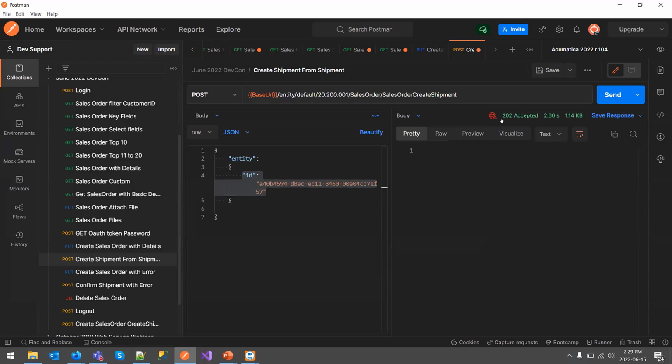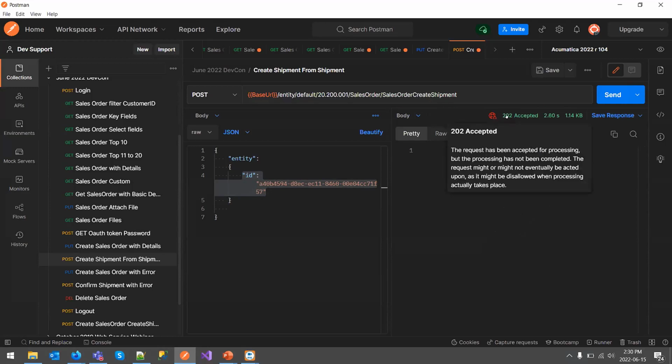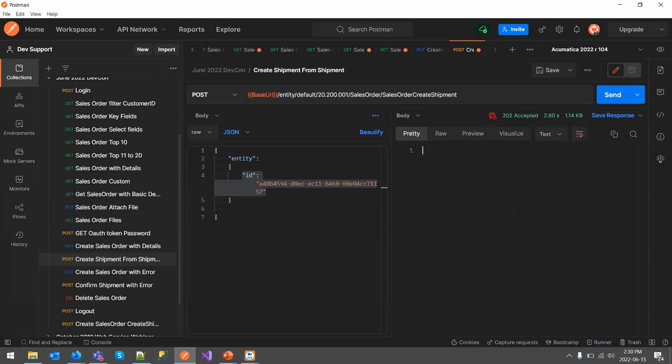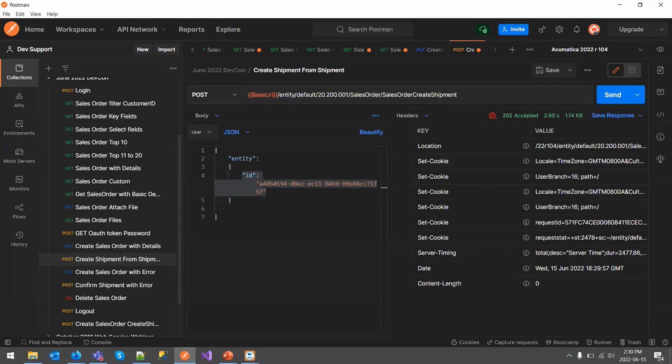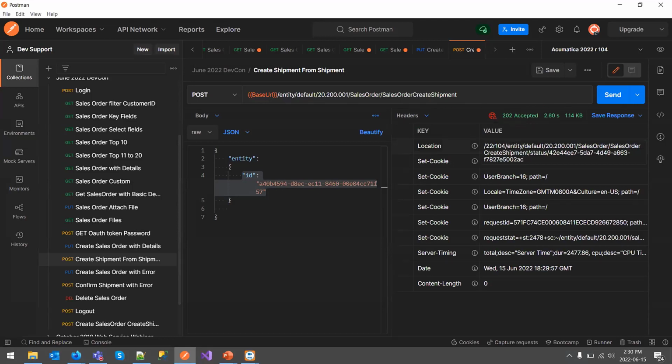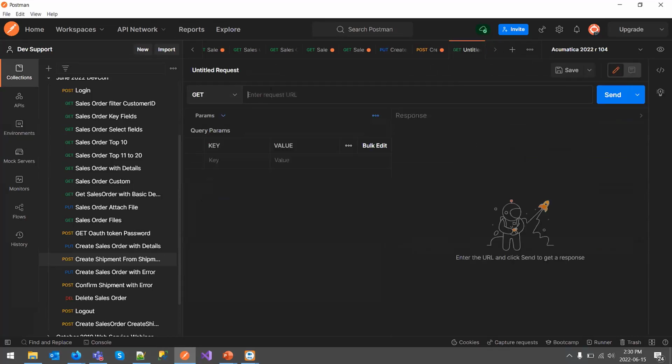And now I get back the status 202 accepted. This means that the request that I've just performed was accepted by the system, but has not yet completed. In order to monitor the status of the action, I need to take a look at the headers of the response, and you will have a header that's named location with a strangely familiar URL inside of it. If I were to use this URL in a GET request,